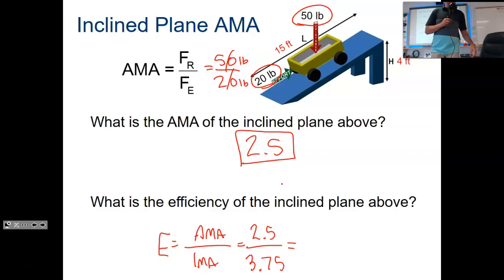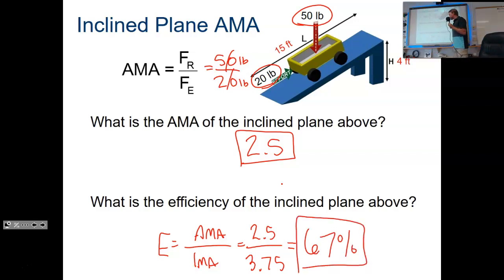I need my calculator. It's going to be 66.6, or 67%. Pretty bad compared to the ones we've done so far, which have been in the 80s. This one's in the 60s. Not a big deal. It just turns out that 33% of everything you put in goes to heat or sound or some other